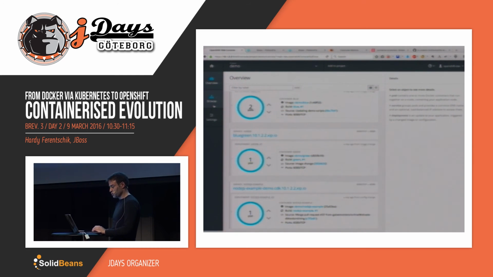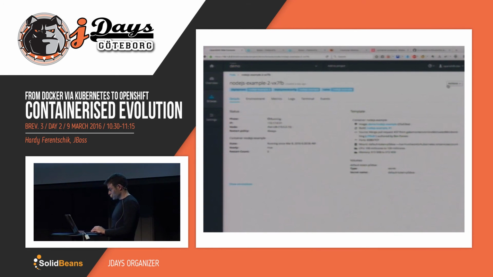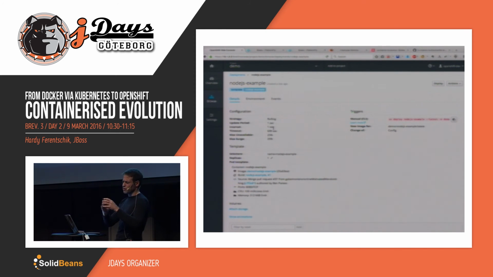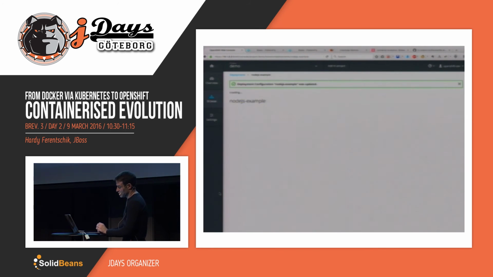So the first thing you have to do to make auto scaling work at all is set a resource limit. So actions. No, it's on the deployment. Sometimes it's a little bit confusing where to look. Do you look at the configuration of a pod or of the build config? Hopefully here, set resource limits. It's already done. So here we are saying there's a resource limit on the CPU usage this application can get.